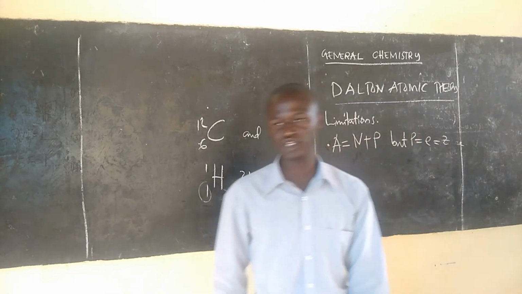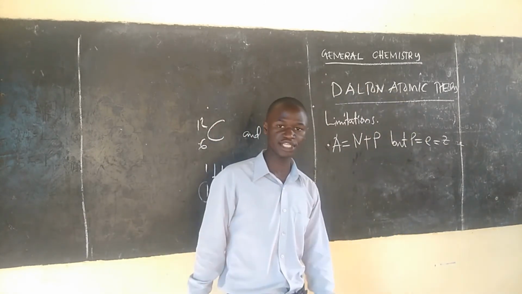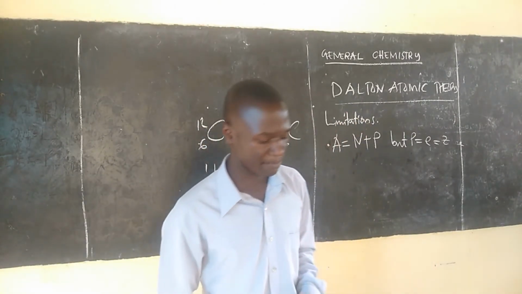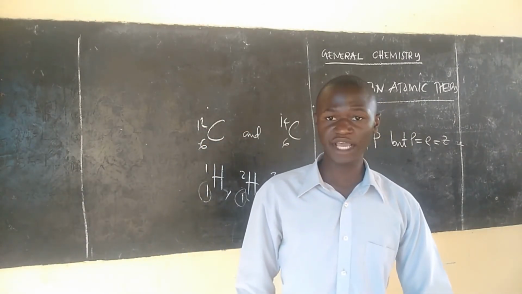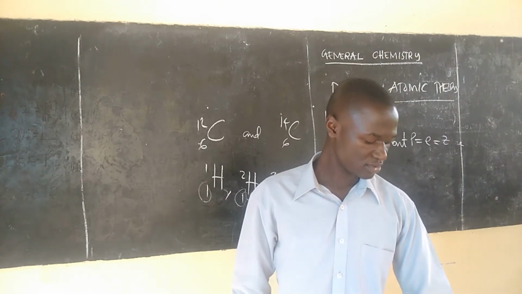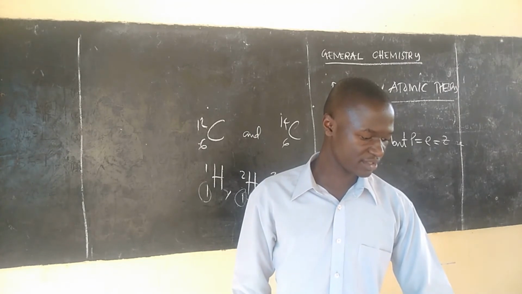For example, we have carbon 12 and carbon 14, which are different atoms of the same element having different atomic masses. But from there, the fourth idea of Dalton, what he said in the fourth idea,